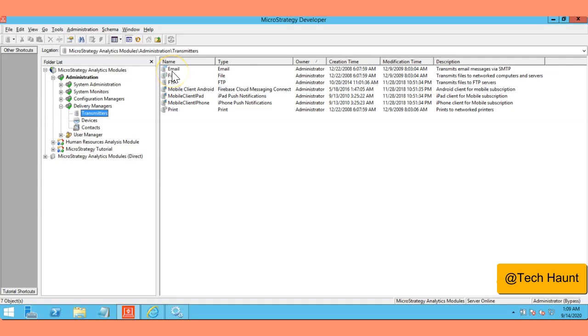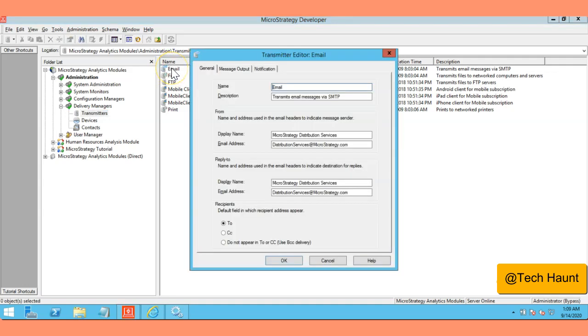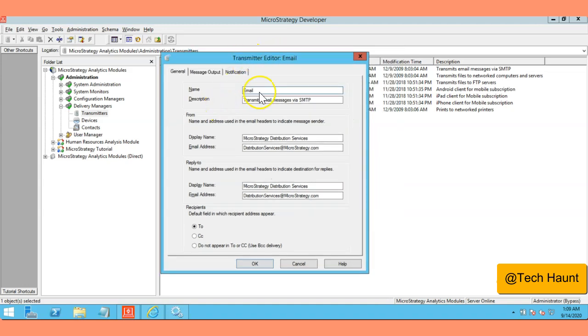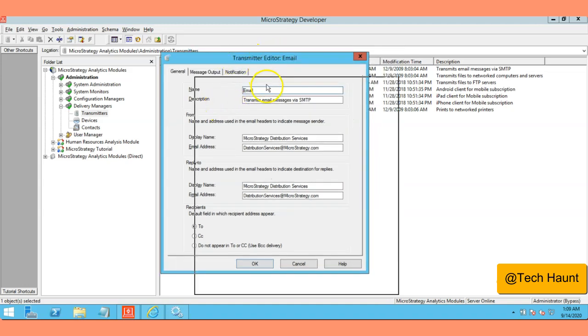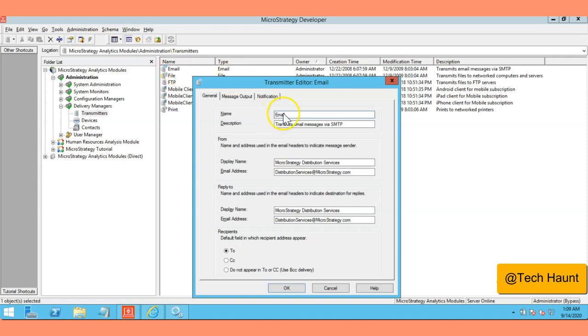So our task is to send email and to configure the email. I'm going to double click on email here, and here you have the name. Let's say the name is email, and that's your description. In From you can enter the display name, which is going to be displayed to the users in the receiver's email, and then the email ID, which is the email ID you are going to use to send the email.